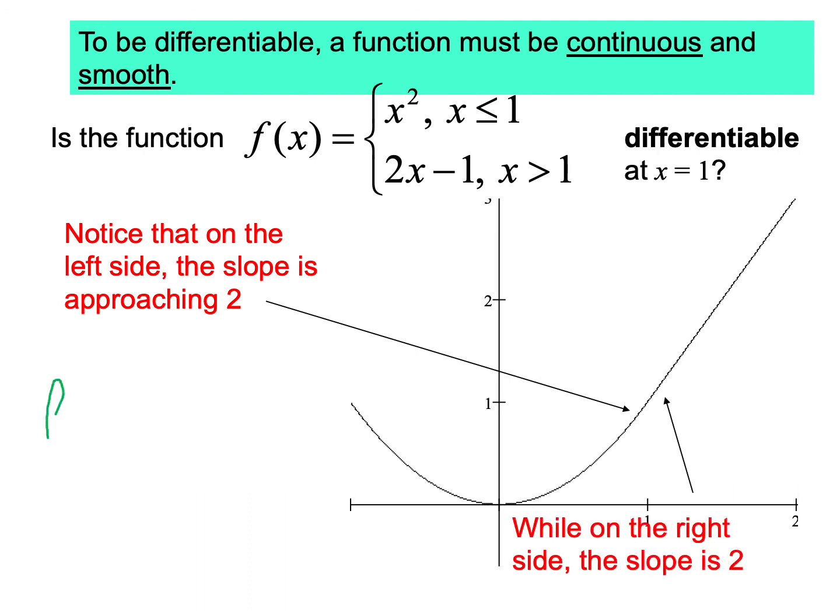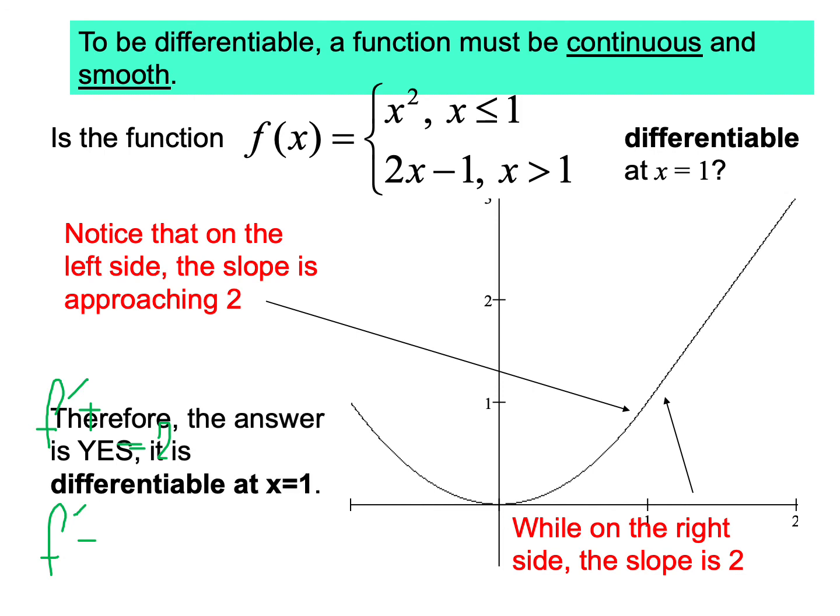That means the f prime from the right we got is 2, and the derivative from the left is also 2. So the derivative exists, and we also found it is continuous. So that means the function is